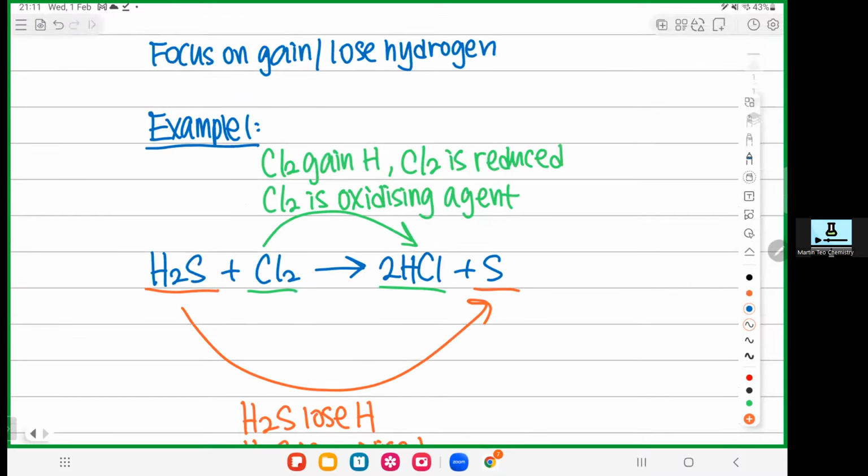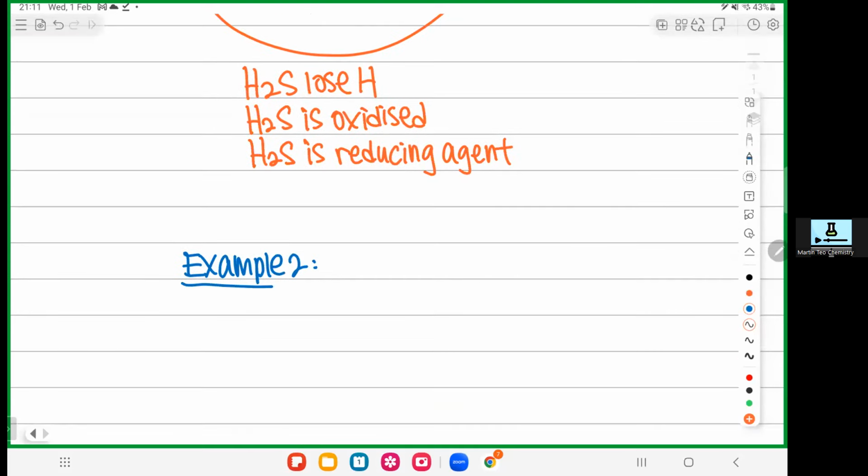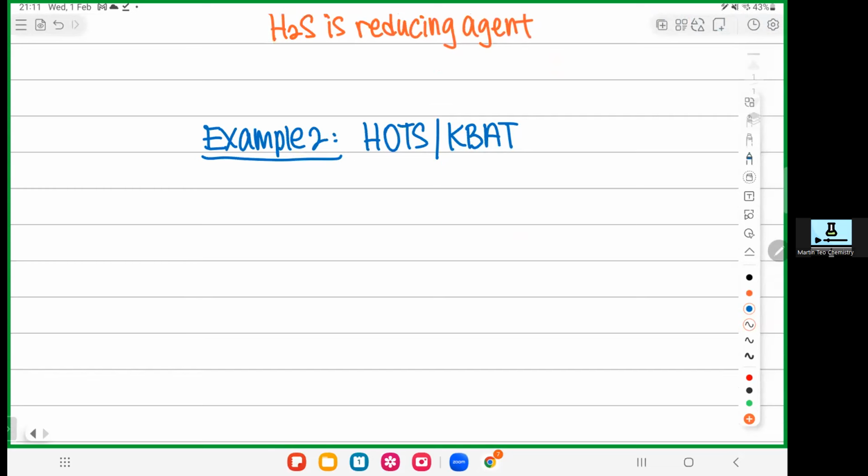So now let me show you another example. So this is a K-but, or we call it a HOTS. HOTS means higher order thinking skill. K-but in BM, kemahiran berfikir aras tinggi. So higher order thinking, critical thinking question. So how am I going to make this question become a K-but question? K-but questions can do something called 2-in-1. So 2-in-1 means that they can combine